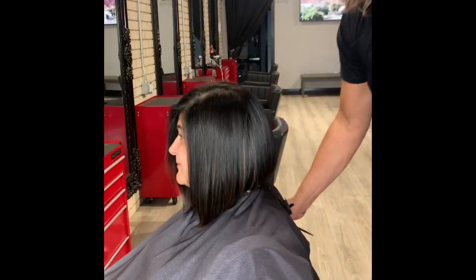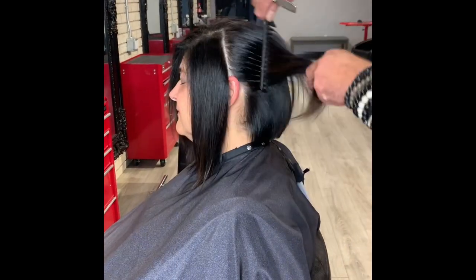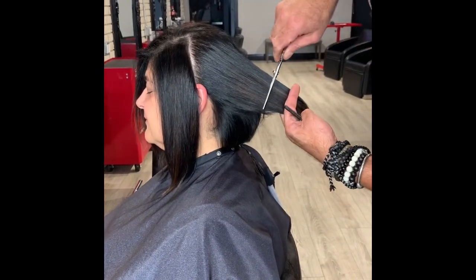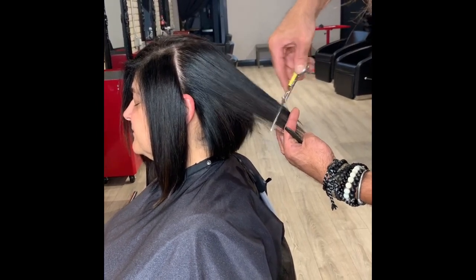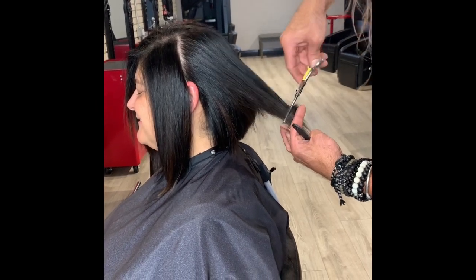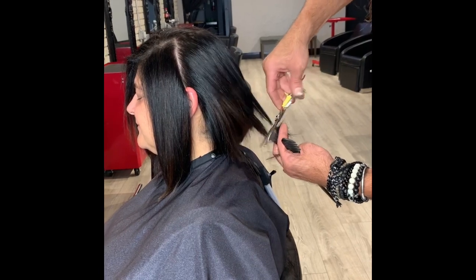And all I'm going to do is manipulate an angle to create a shape. And this is all I'm going to do. I'm going to take a piece out of this, over direct it straight to my back, and I can see my existing shape. Watch the hair start falling. I'm going to go right in there, and I'm going to cut that right off. Don't be shy. Okay, once you've executed that,